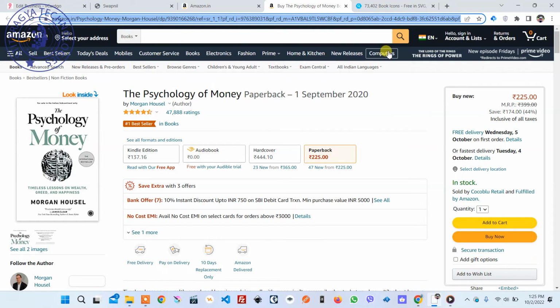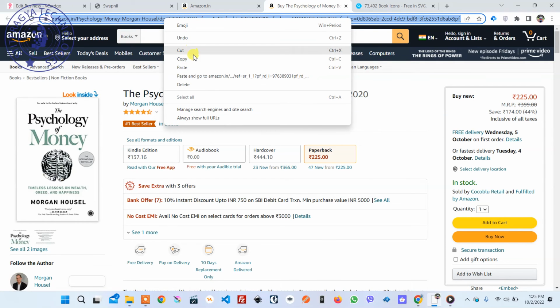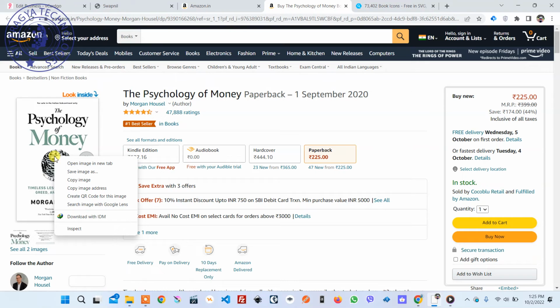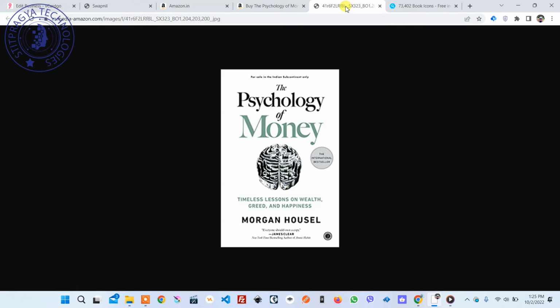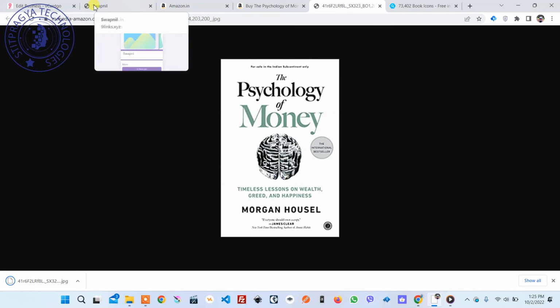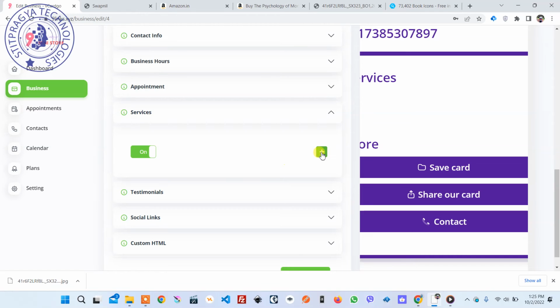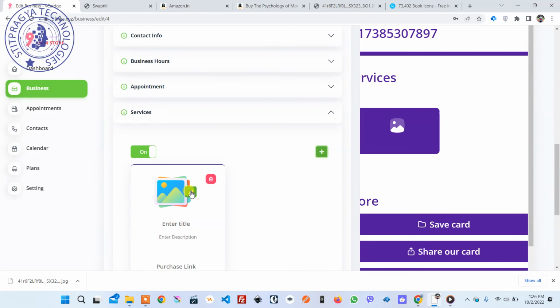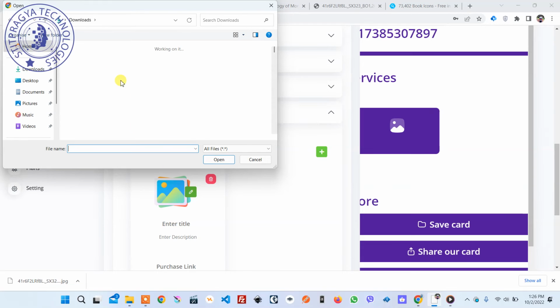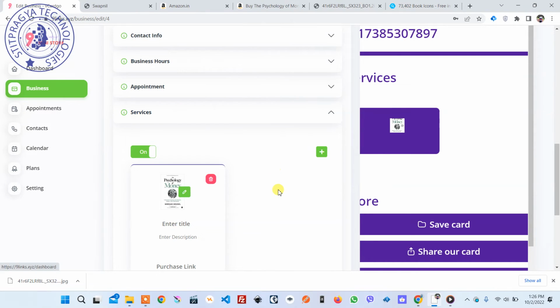a type of tool just within this navbar, where you can get your short links and something like this, and you can use those. So I need this image, I open it in a tab and save it. You need the link and the image for your product. Here I go to the plus button under the services. I am going to add the image. This we take from Amazon.